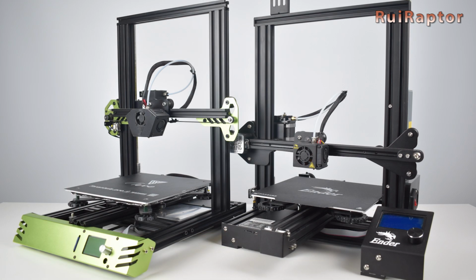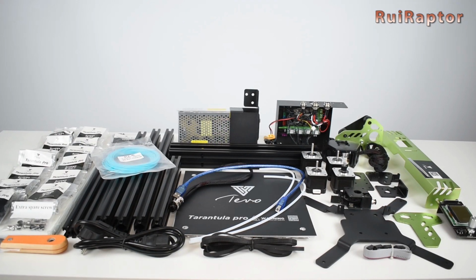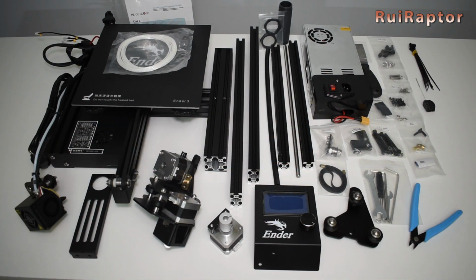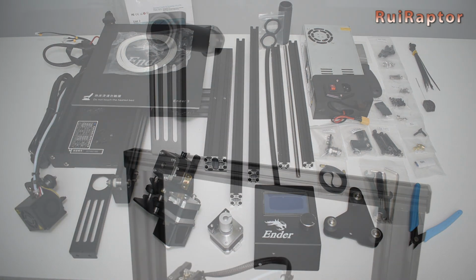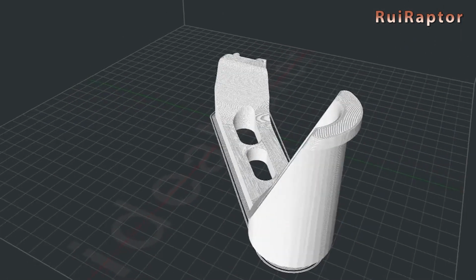And let's start with the structure. Both are Cartesian type printers running a Bowden system. The Tarantula is delivered fully disassembled, while the Ender3 you only need to assemble the top half. The Ender3 includes the spool holder, while with the Tarantula Pro you need to print the spool that comes in